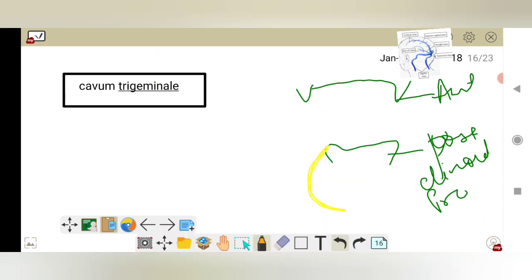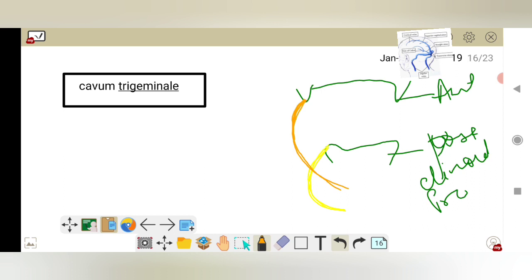The free margin, that is the tentorial notch, crosses it laterally and is attached up to the anterior clinoid processes. This margin of the free margin of the tentorial notch ends at the anterior clinoid processes, and the attached margin ends at the posterior clinoid processes, and